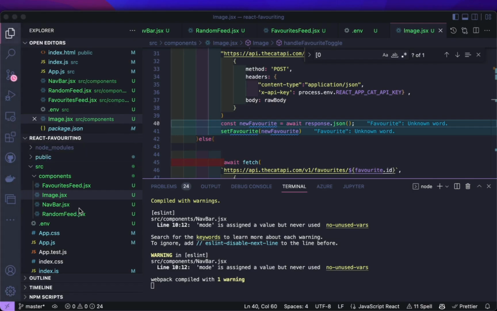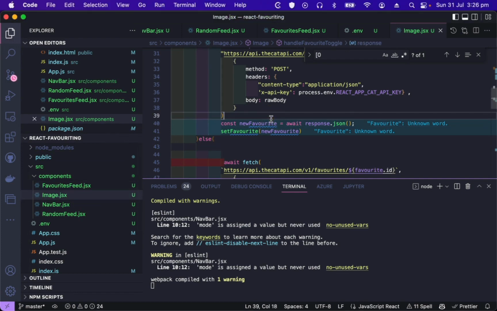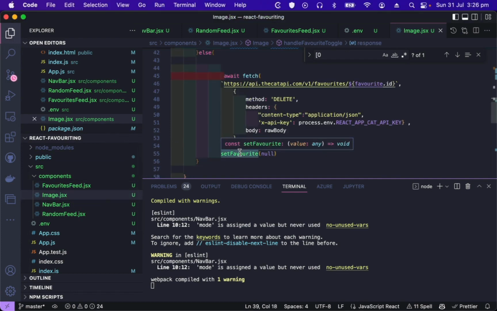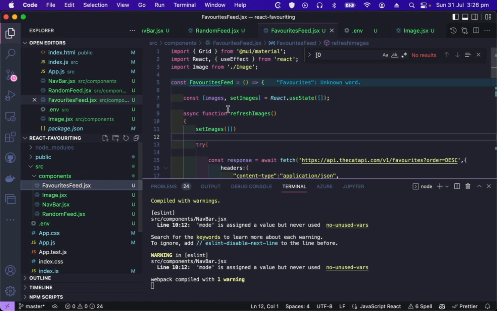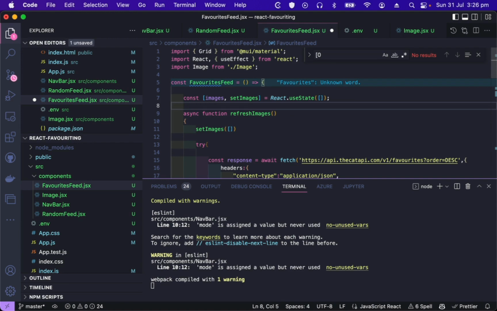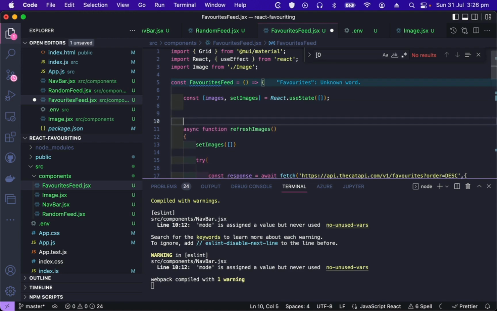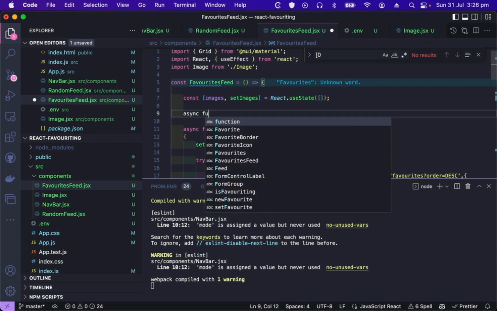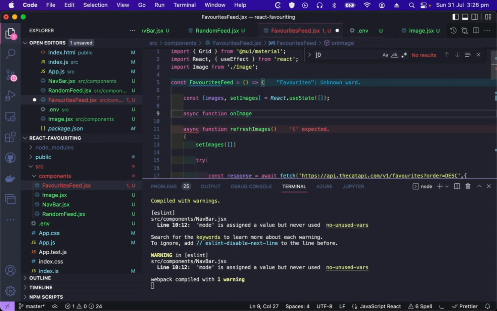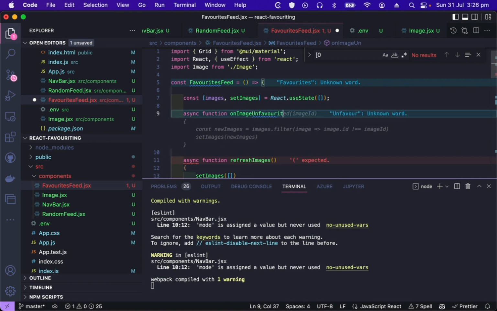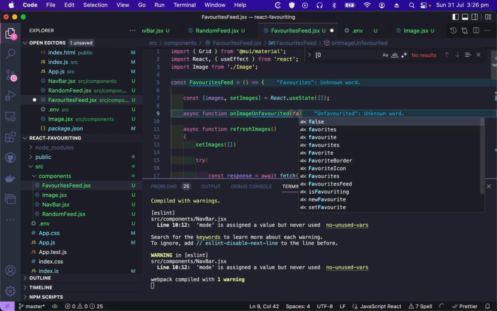To do that, we'll have a function in our image that is called when a user unfavorites the image, so we can notify any parents, and let's have that function get called in our favorites feed. So in our favorites feed, we'll create a function in here called onImageUnfavorited, and it will accept a favorite ID,